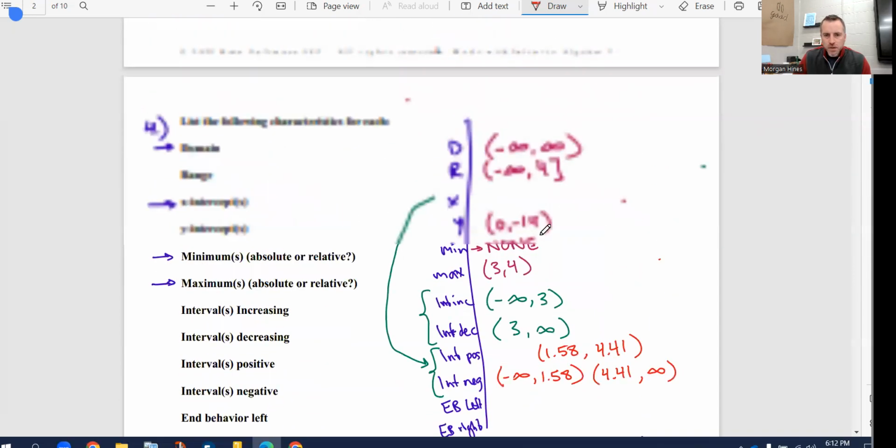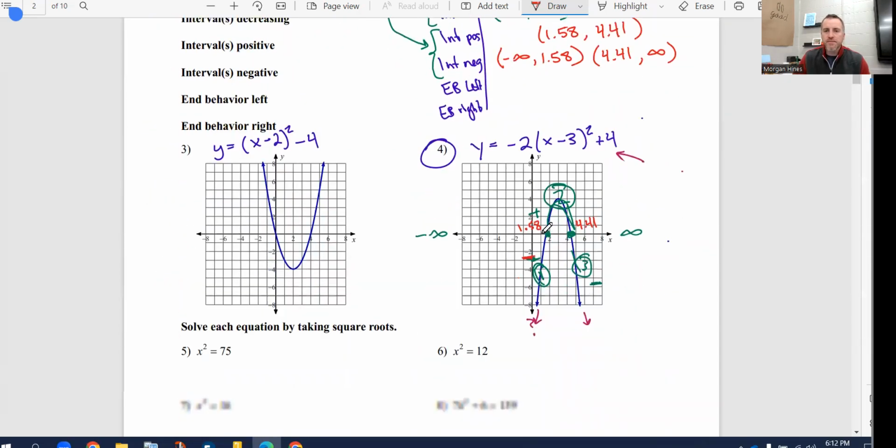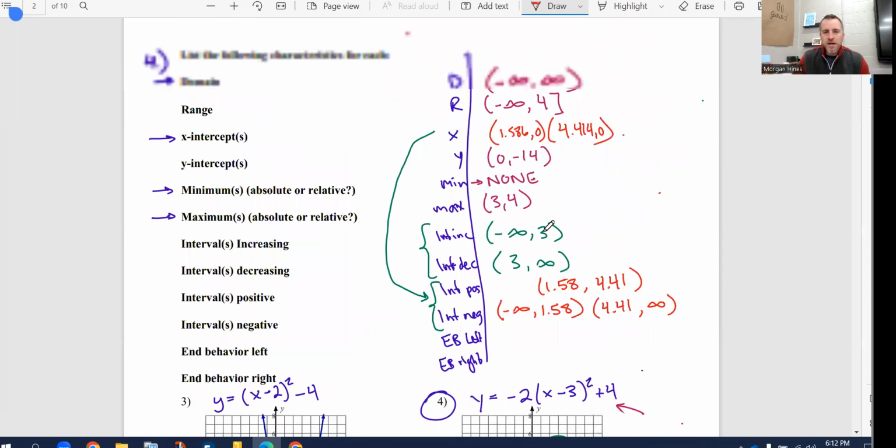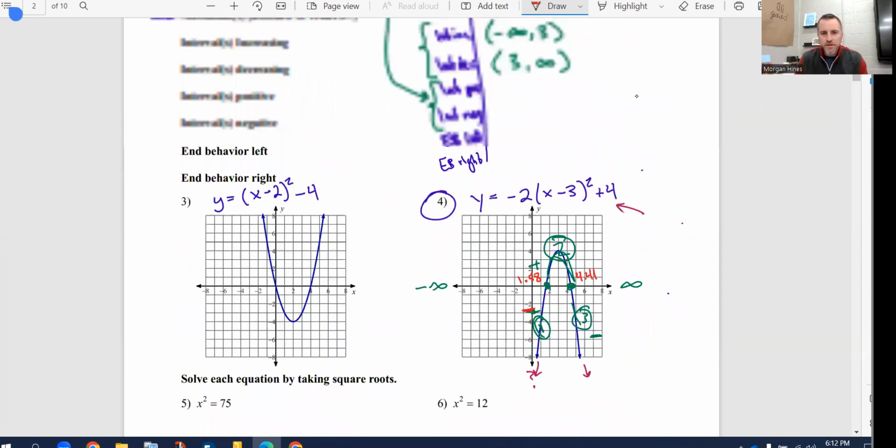So rocking and rolling, we just have end behavior left to do. Left side and right side. Your domain and range kind of help you with this. So the end behavior, these are your x values, negative infinity, positive infinity. This thing goes left and right forever. So on the left side,